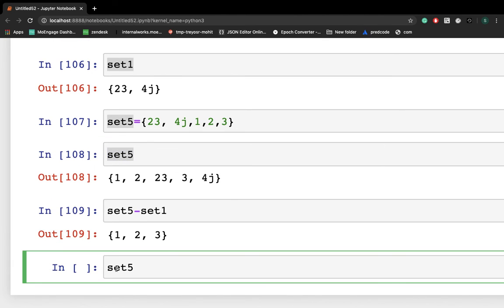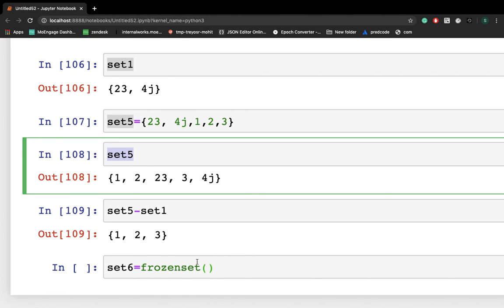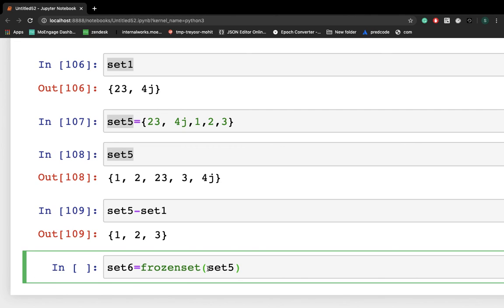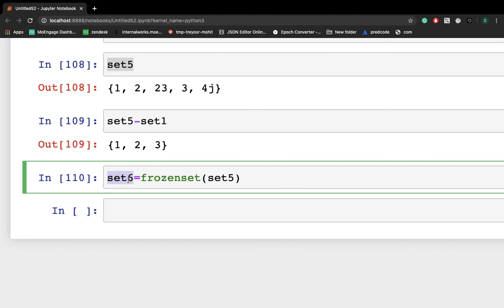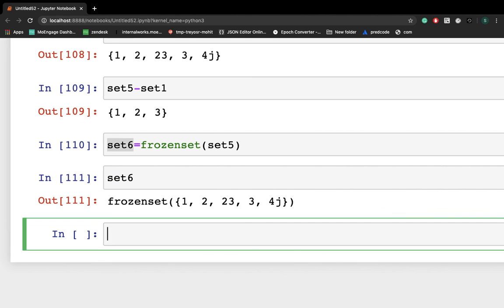So what I'm doing is, simply we have to write frozenset. Now we can write set 6 equals frozenset, and here I'm writing set 5, right? So in set 6, let me print this first.